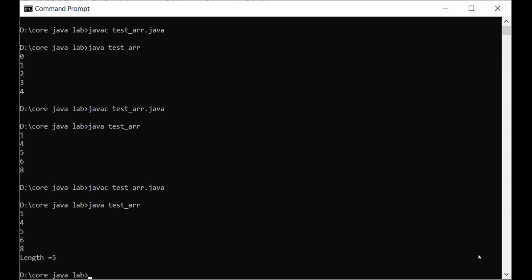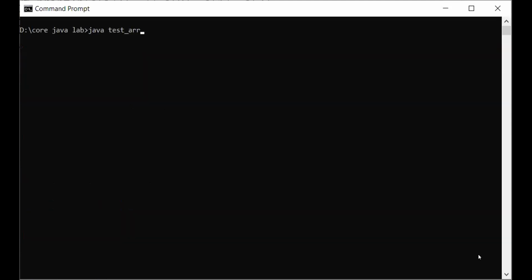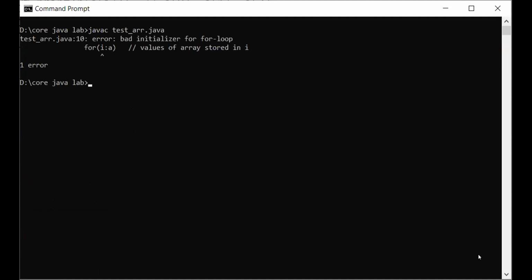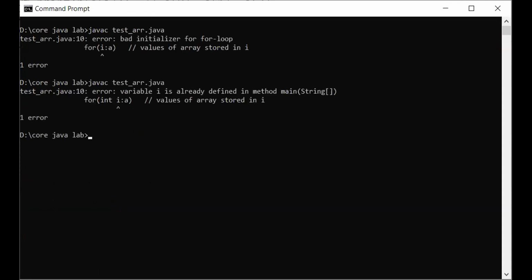So it is a special loop which is used for array. Okay, type of the variable. This I forgot to mention. So I've mentioned the type.